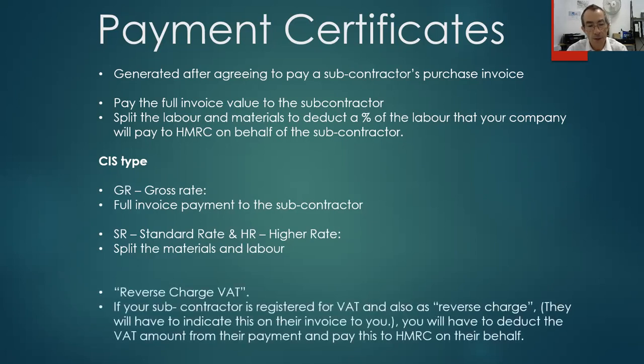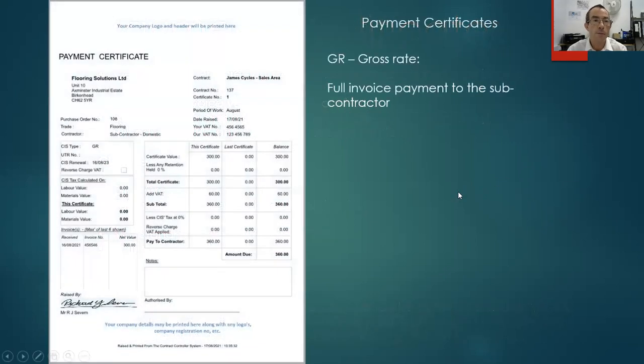The other complication is reverse charge VAT. So if your subcontractor is registered for VAT and also as reverse charge, they'll have to indicate this on their invoice to you. You will have to deduct the VAT amount from their payment and then pay this to HMRC on their behalf. So if we look at the two types of payment certificate,